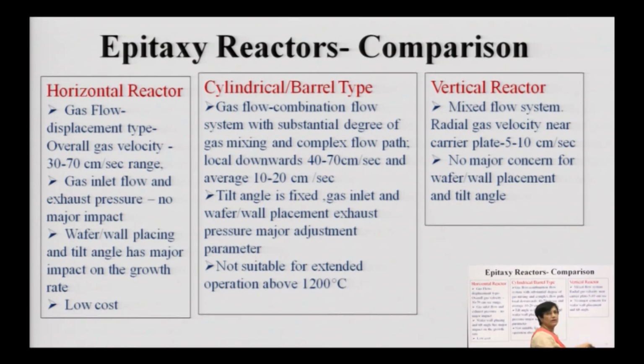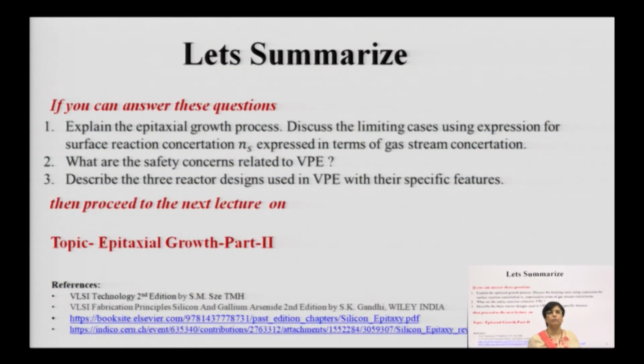Radial gas flow, normal to the wafer, and therefore there is no major concern of wall placement. You need not go for vertical alignments, or take care of any deposition onto the wall, and there are no worries about boundary conditions. But it is slightly expensive. So, mostly this is the one which is largely used. All the commercial applications use the cylindrical or barrel type, because you need to go for large scale manufacturing.